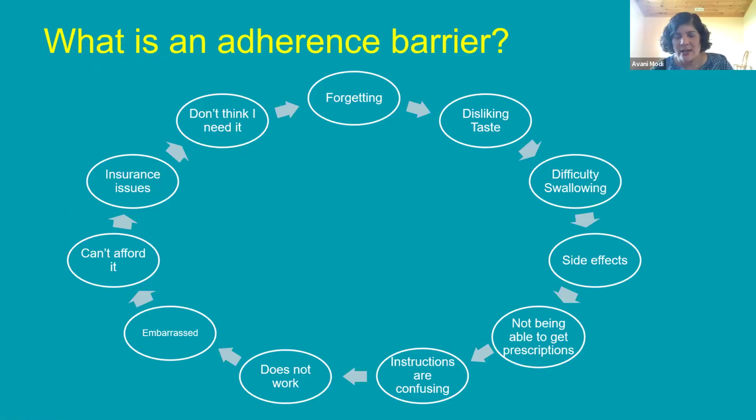So just as a reminder, adherence barriers are vast and wide. They can range from very individual level barriers like forgetting to take medicine, not liking the taste, having difficulty swallowing, to systems level barriers like not being able to get the medicine, having insurance issues, to very personal barriers, sometimes for our teenage patients where they're embarrassed to take medicines in front of their peers or in public settings, all the way to more healthcare and medical issues like side effects. And so folks not wanting to take the medications because they are experiencing other things from taking that medication, like side effects.